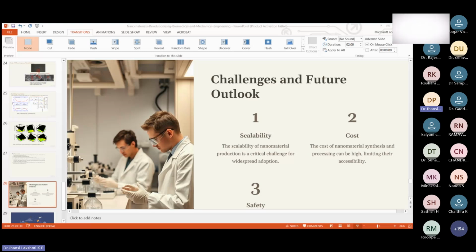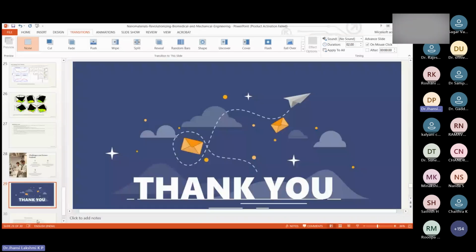So as engineers, we can look into these challenges, and if we can address these challenges even to a small extent, we can make use of nanoparticles very widely, which are very useful, especially in biomedical industries. If we can synthesize the nanoparticles at very low cost, we can save so many lives from very dangerous diseases like cancer.